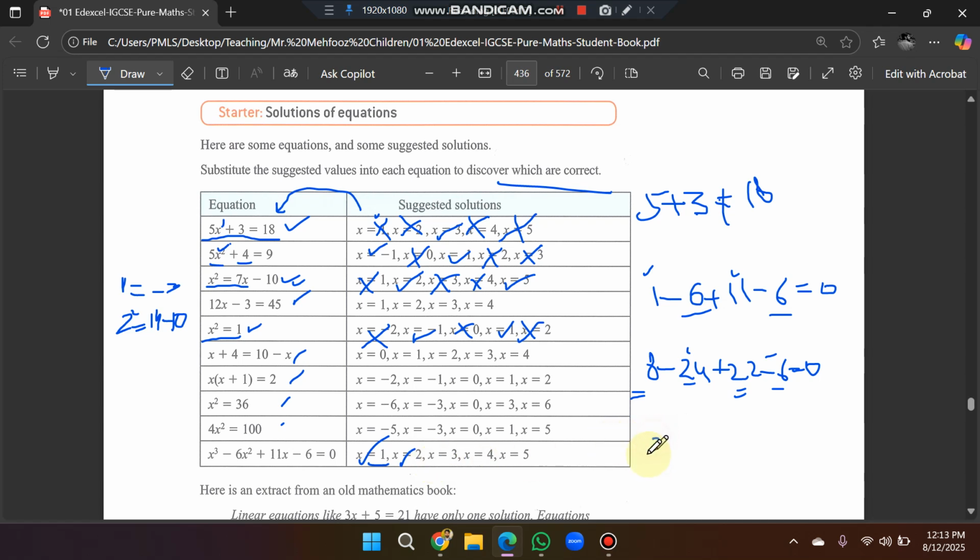For 3, it becomes 27 minus 54 plus 33 minus 6. So here you can see that 33 plus 27 becomes 60, and minus 54 and minus 6 also becomes minus 60. So this is also your solution, because plus 60 minus 60 equals 0. So the left hand side and right hand side are equal. So if you put x equals 4 and x equals 5 into this equation, we don't have any equal solution, because it is a cubic